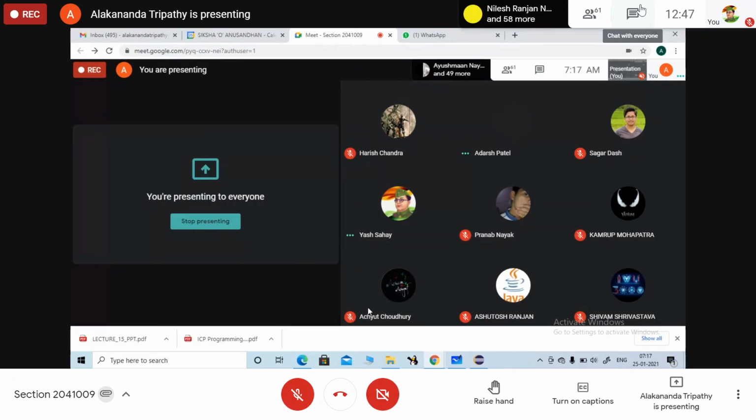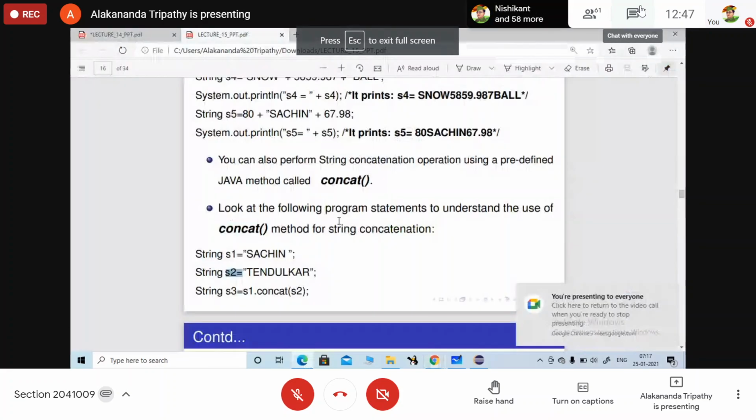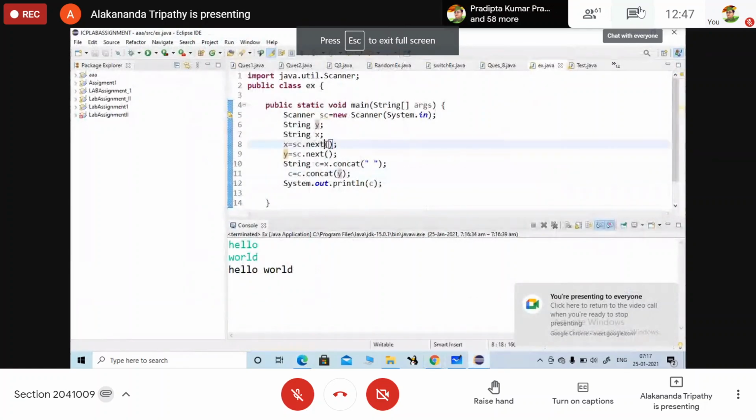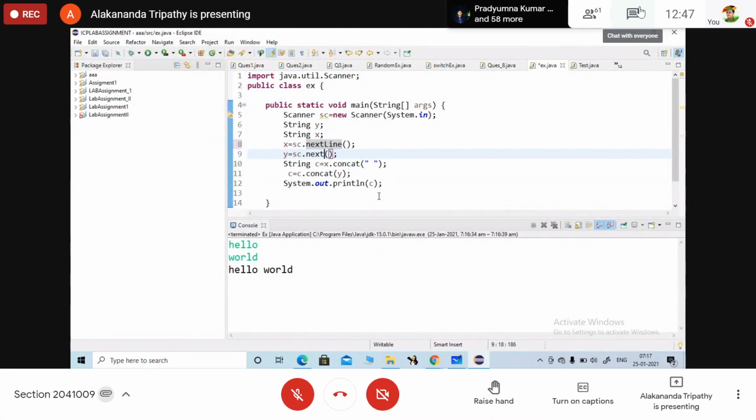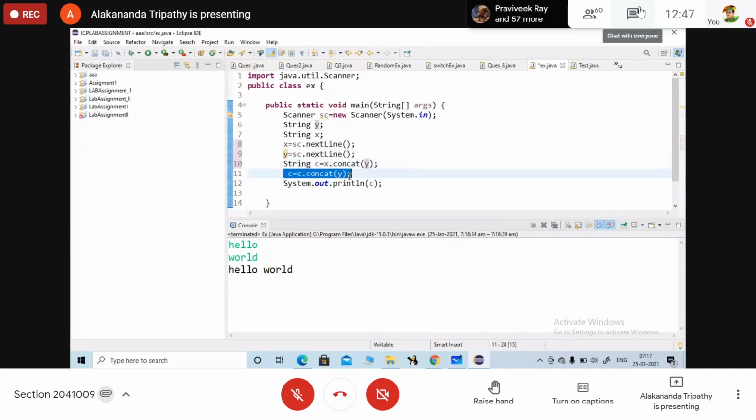Ma'am, what if we take the input in x using println? Sorry, ma'am, I mean, next line. If you use next, it will accept one word. If you take input with nextLine, then it will take the whole line. So here you don't need to write it. Here what will you take? x.concat(y).